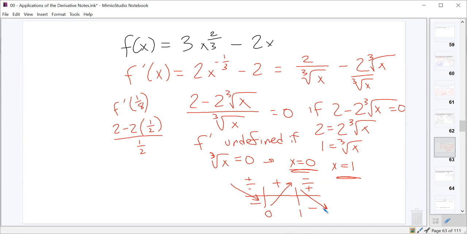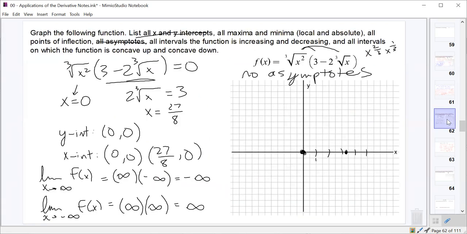We don't need to evaluate the function at 0 because we already know it's equal to 0. But we do need to evaluate the function at 1. So let's find f of 1. It's 3 times 1 to the 2/3. And 1 to the 2/3 is just 1, so that's 3. Minus 2 times 1, that's just 2, gives us 1. So before we list out everything here, we'll go back to our graph and we'll plot a point